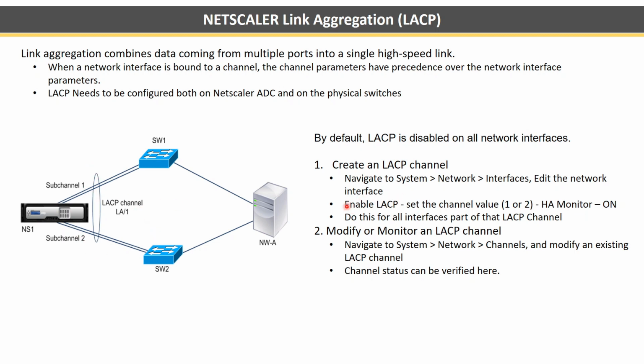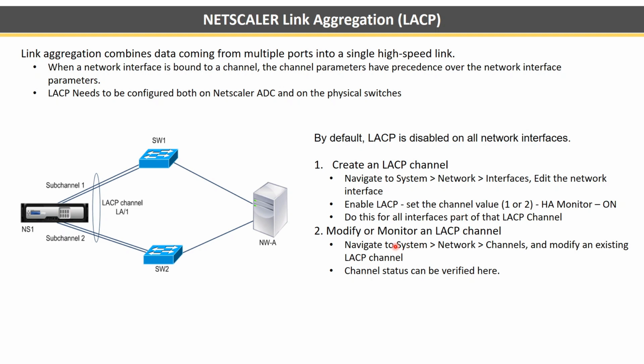So if you are putting channel value 1 on one interface, you have to put only channel value 1 on all the interfaces. What you are telling by that is you are creating a channel called 1 having all the 4 interfaces. That's the meaning. If you want to create 2 channels, 2 LACP, one for 1 gig and one for 10 gig, you can do it actually. So put 1 for 1 gig, and let's say 2 for 10 gig. So you are creating 2 channels there.